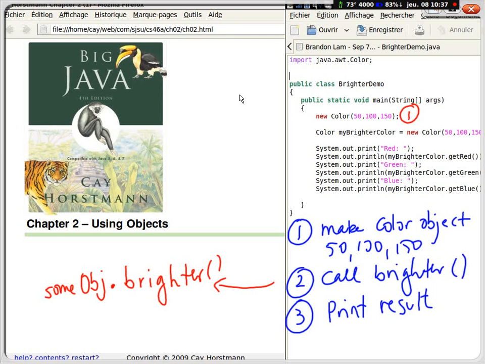So let's look at the first line here again. So here the student made a color object. And it's legal, right? That is a color object, but it's probably not very useful to just do it in this way. What's wrong with the first line? There's no reference to the object like this. One doesn't remember that object in any way, so you need to store it in some variable. And so let's fix that up and put here